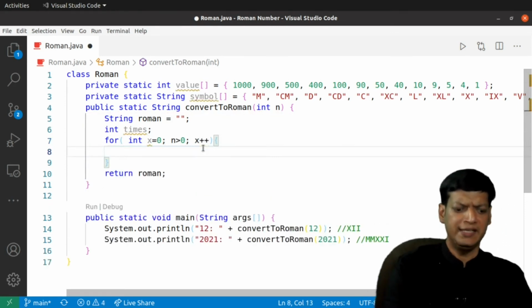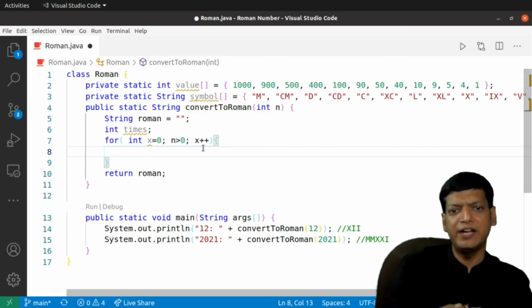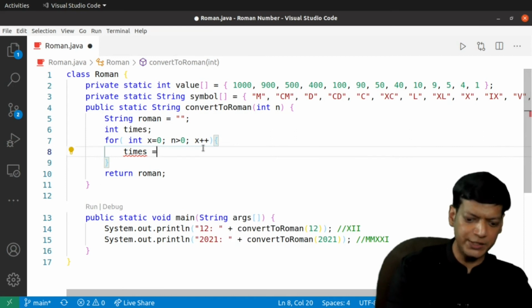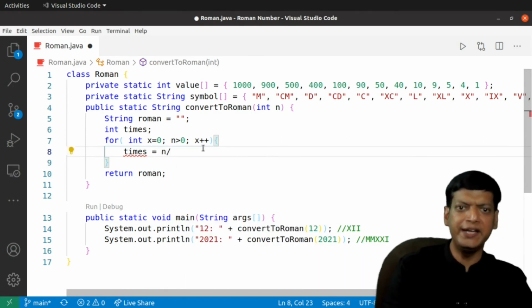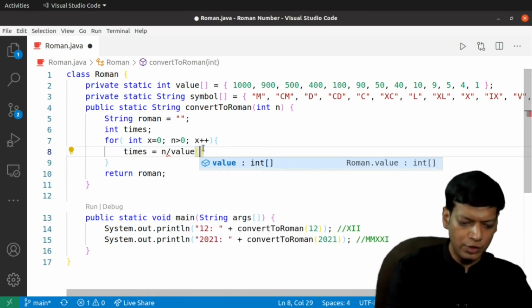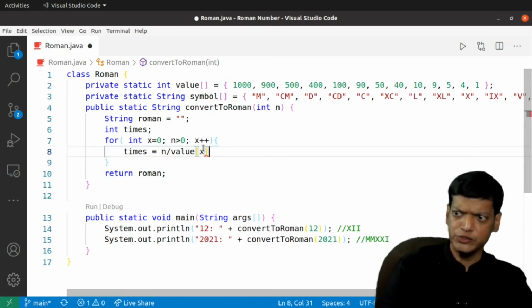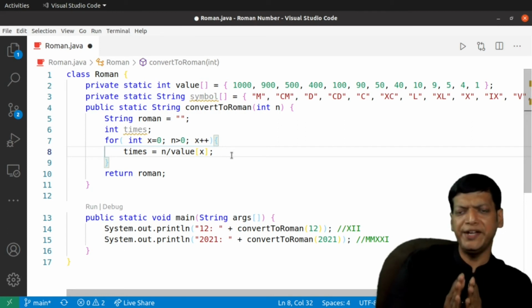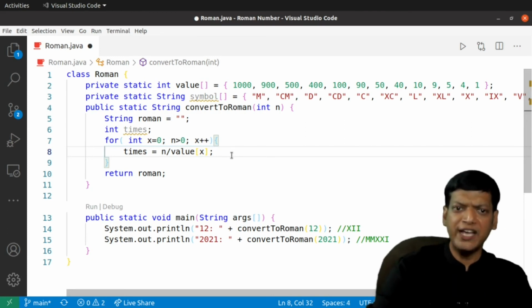Then we have to find out how many times we have to repeat the corresponding symbol. So first we'll say times is equal to n divided by values[x]. This will give some quotient. Like we saw in the example, if it is 2021 and we are dividing it by 1000, we'll get 2.